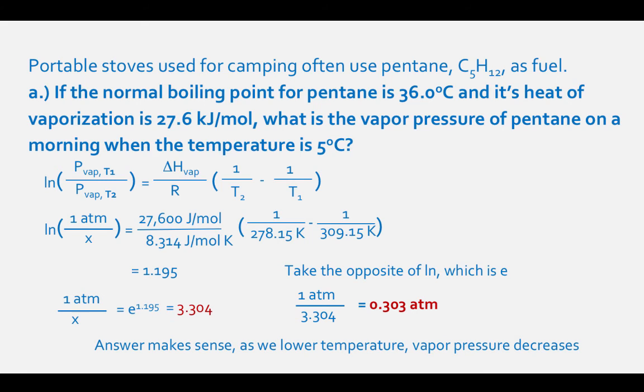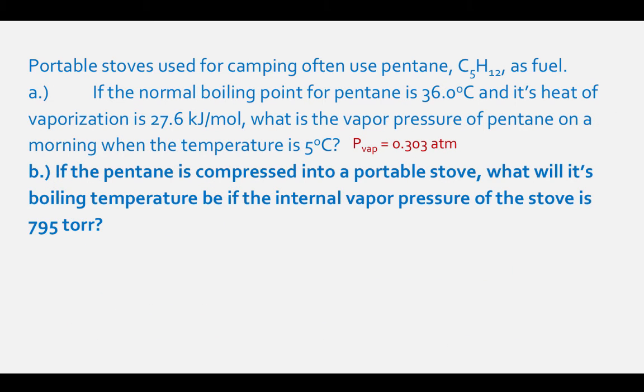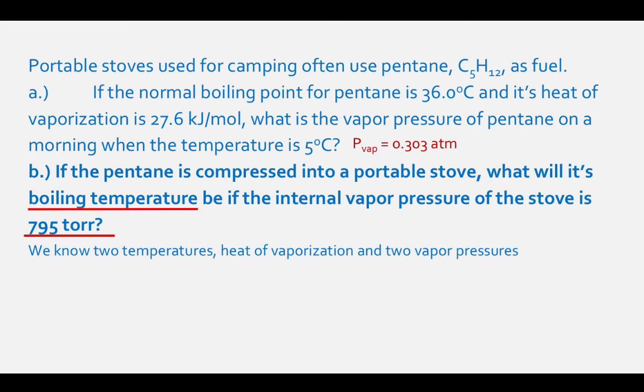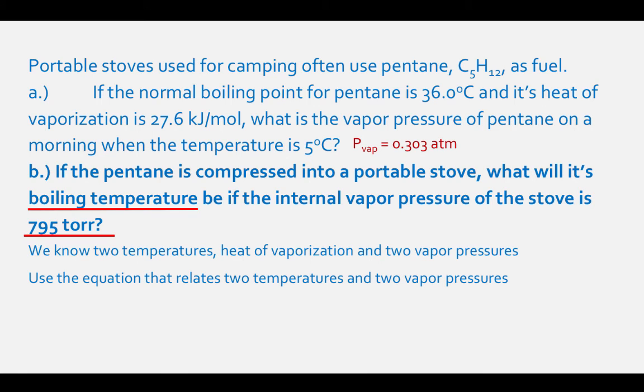Does this answer make sense? Yes, it does, because as we lower the temperature, we also lower the vapor pressure. For part B, they want you to find a new boiling temperature, given that the internal vapor pressure of the stove is 795 torr. We also know our heat of vaporization from part A, and we also know 2 other vapor pressures and temperatures. Since we know 2 temperatures, and more than 2 vapor pressures, and the heat of vaporization, and we are asked to solve for another temperature, we will use the equation that relates 2 temperatures and 2